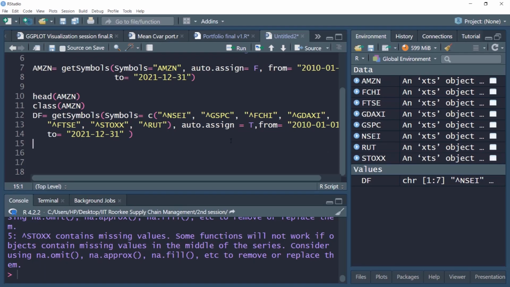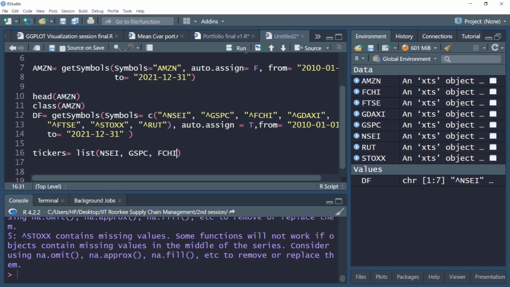And now I need to combine the entire data object. So I need to use the tickers by the name they are loaded. Let's call them tickers. And I'll use these tickers as list objects, combine them. First is NSEI, then I have GSPC. These are the names by which they are loaded in my environment.